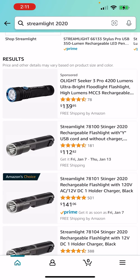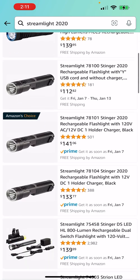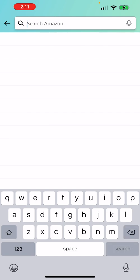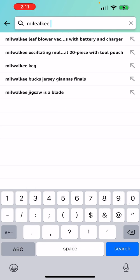But like I said, out of all of these lights, the Olight Seeker 3 Pro, it's a Chinese flashlight, but it's a really good flashlight for Chinese. And then the Olight Seeker and the American Streamlight 2020, a really good flashlight. Now, I'm going to say this, for a work light, I actually am not going to recommend any of these lights. I'm going to recommend the Milwaukee 500 lumen